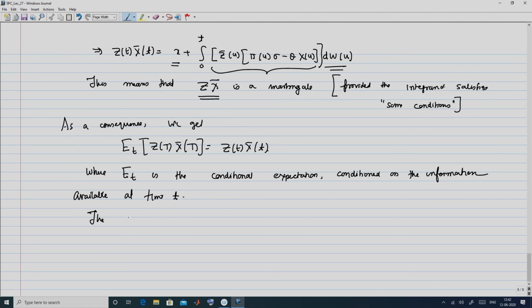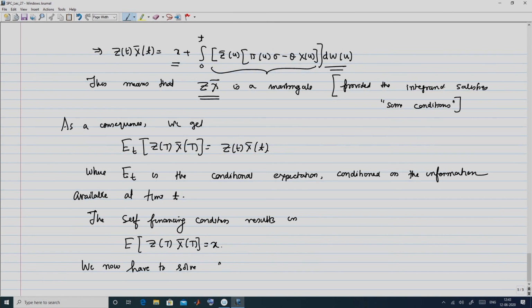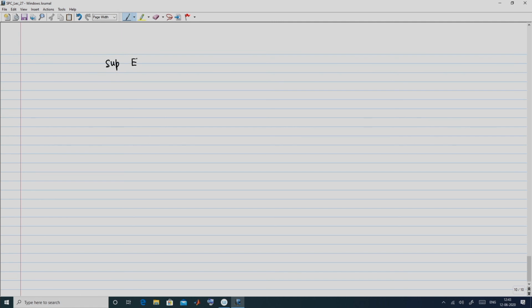So, accordingly, the self financing condition results in, at time little t equal to 0, the expected value of z of t into x bar of t equal to little x. So, accordingly, we now have to solve the following problem. The supremum of expected utility of the terminal wealth over x of t subject to the expected value of z of t x bar of t being equal to little x,